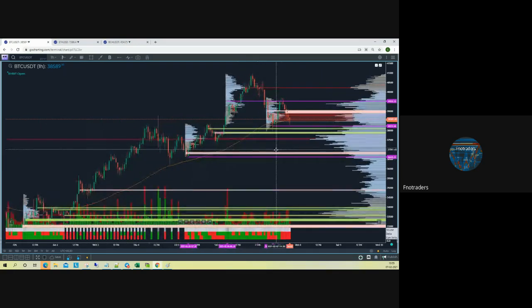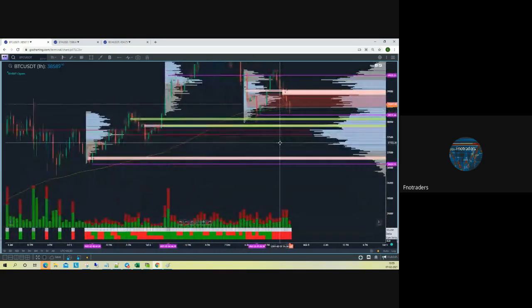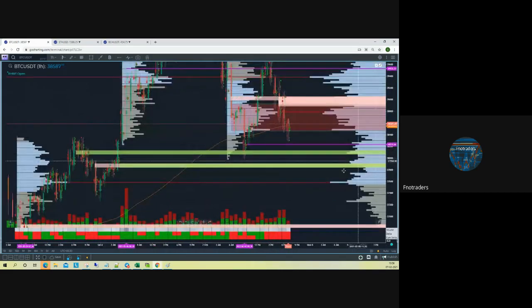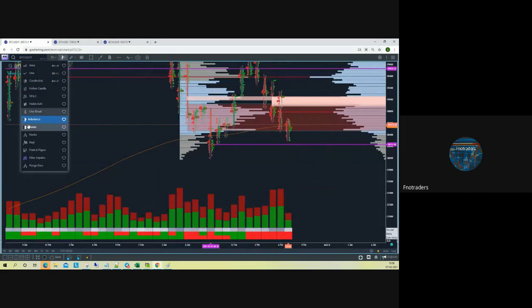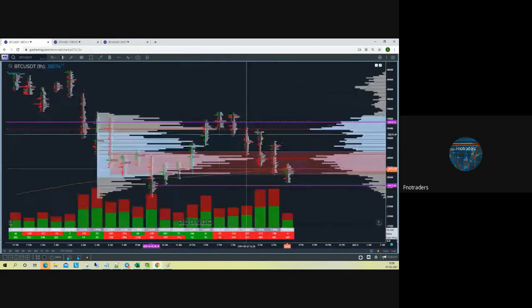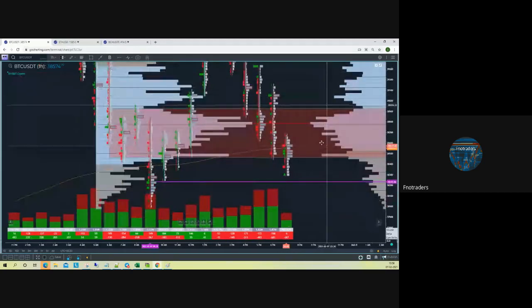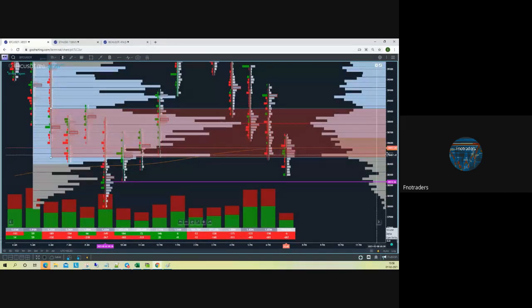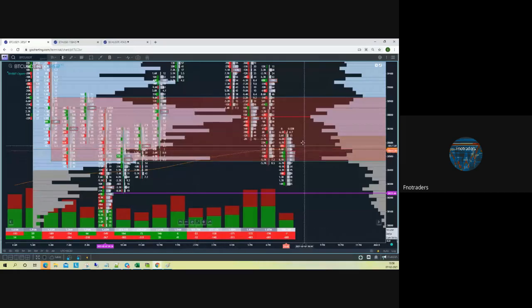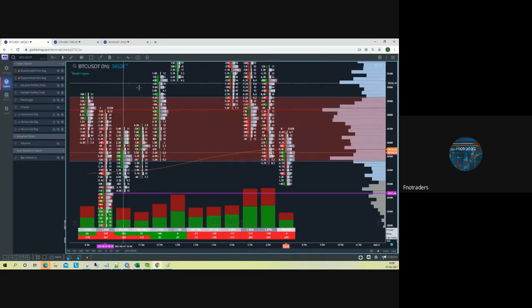So this, if you see, is the imbalance chart, as I said, plotting the imbalance. There's another option which is called the cluster chart, which is typically plotting the imbalance as the bid and ask as well, but it gives you a bit of flexibility around what you want to plot on either side of it. In this case, for example, I have the net delta plotted and I have the volume plotted on the other side. So this has a lot of options in terms of what you want to see on either side of the candle itself on the bid-ask frame essentially. I'll quickly run you through those options.